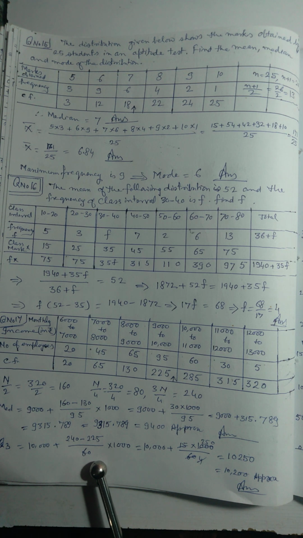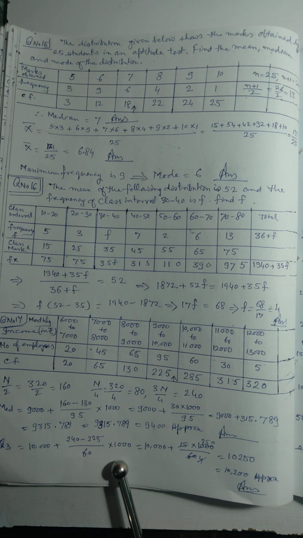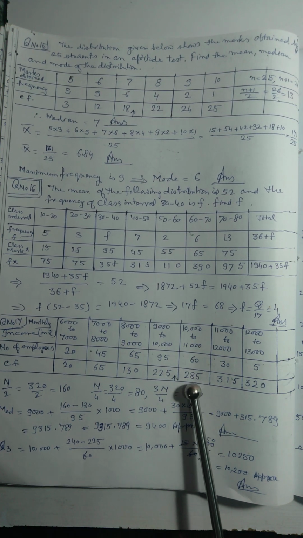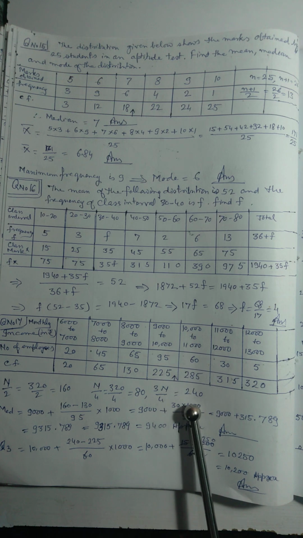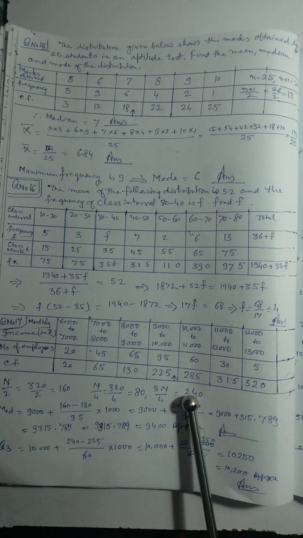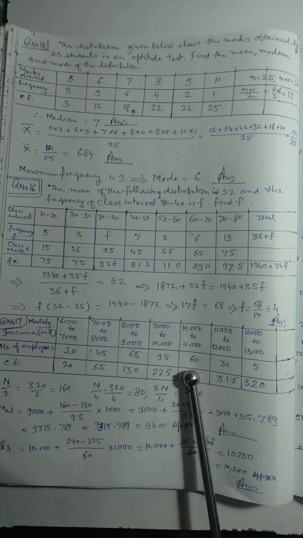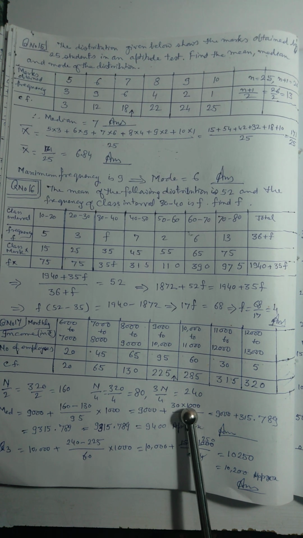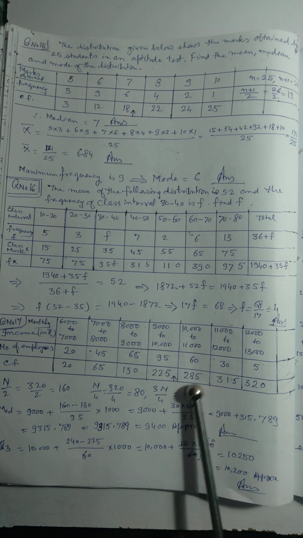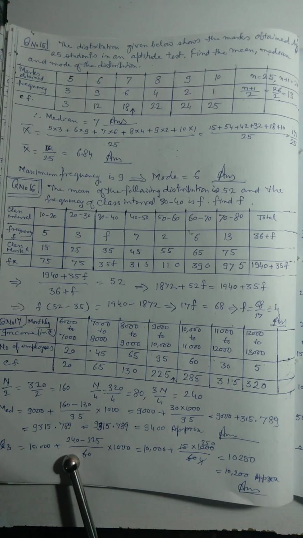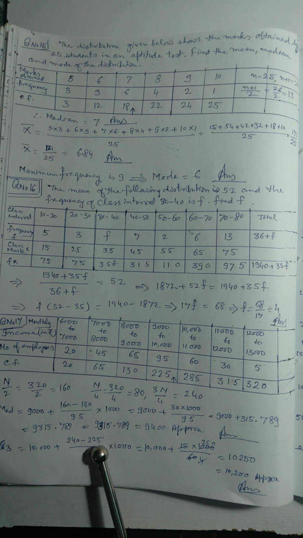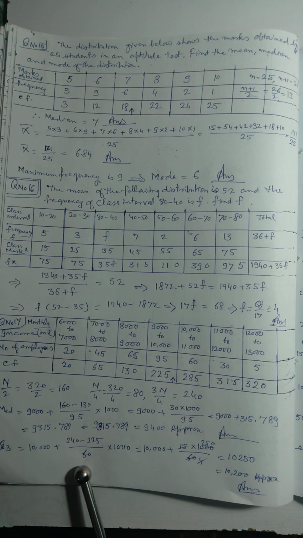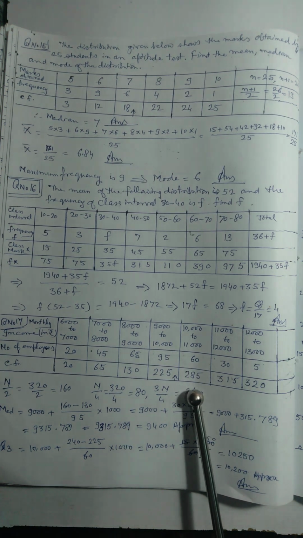240 minus 225 divided by 60 into 1000. So it will be 10,000. You see the 10,000 here, because 3n by 4, that is 240, will be in this class. So 10,000 will be the exact lower limit, plus 240, that is 3n by 4, minus the cumulative frequency of the preceding class, that is 225, whole divided by 60, the frequency of the third quartile,